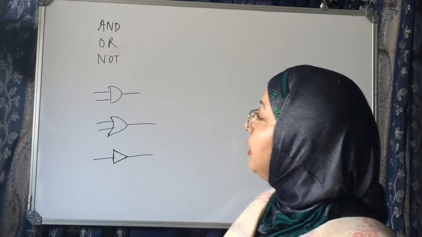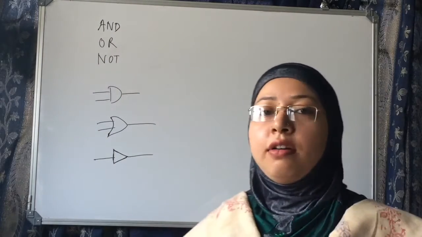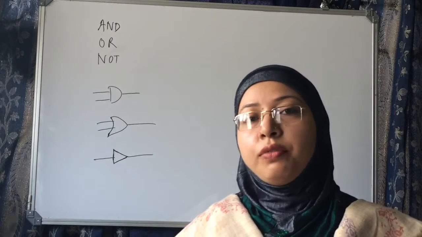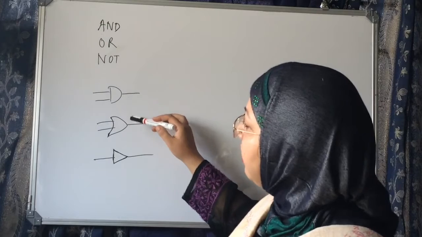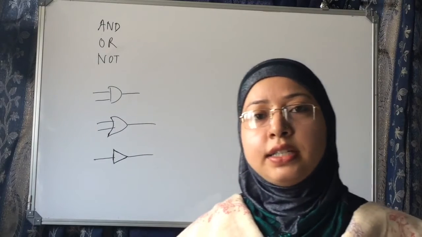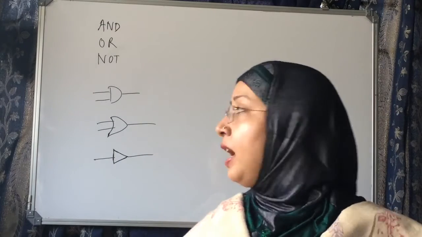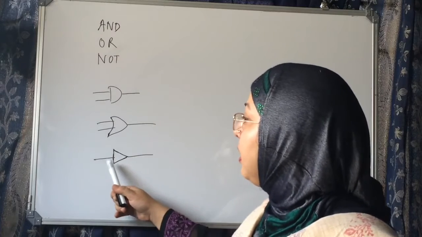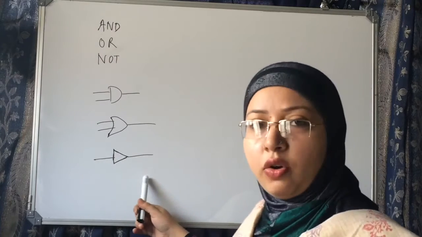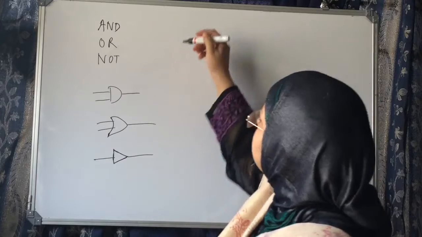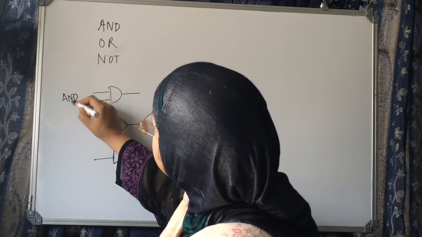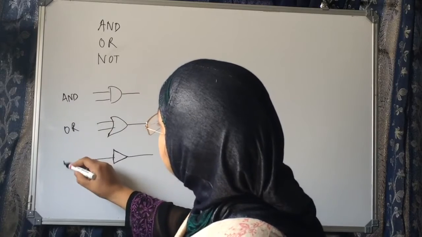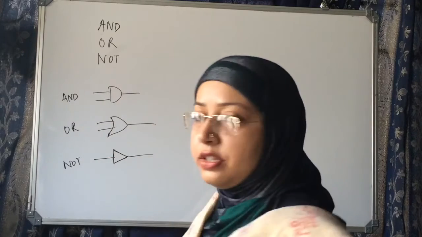First of all, let me explain you what is AND gate, OR gate and NOT gate, how we work in these gates. AND and OR, these two gates have two inputs and one output. NOT gate has only one input and one output. This is for AND, this is for OR, and this is for NOT. First of all, let's see